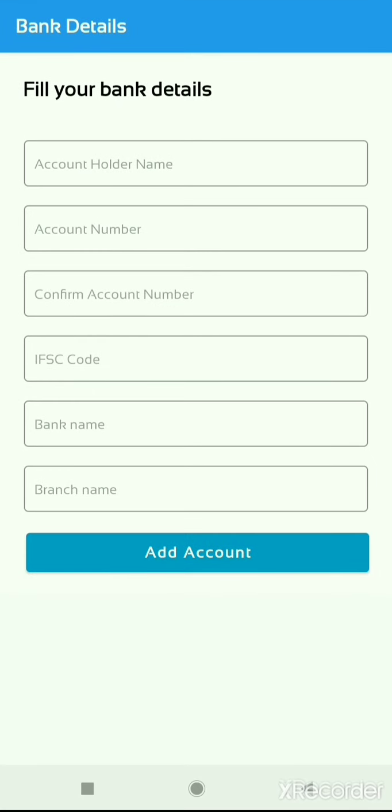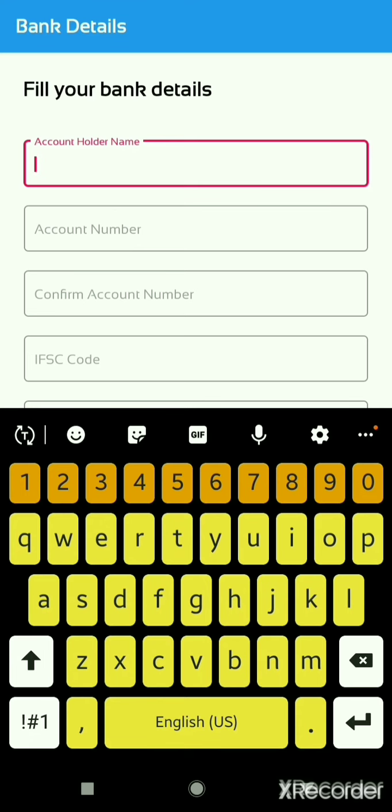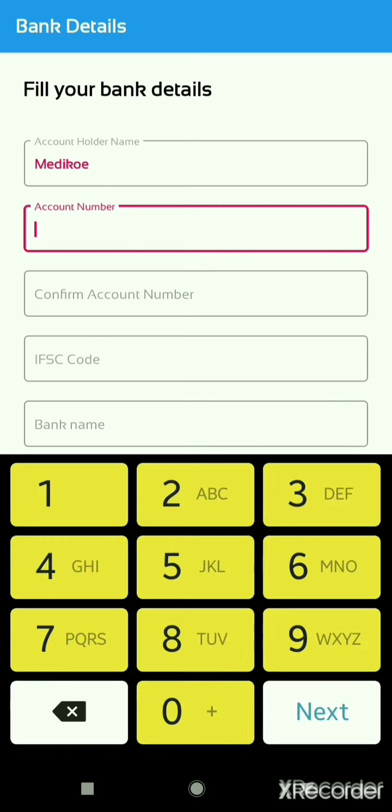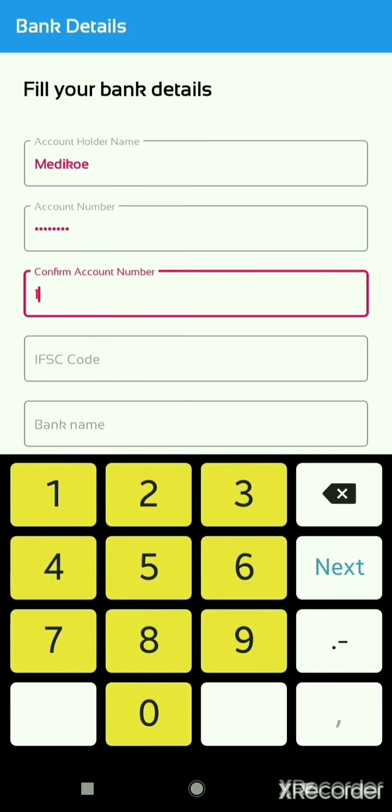Fill your bank details, your account name. Put your account holder name. Your account number. Confirm your account number. IFSC code.